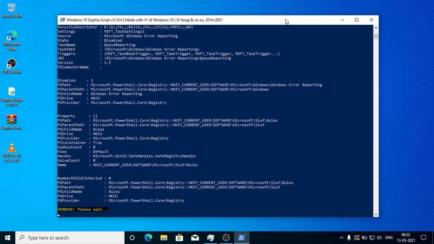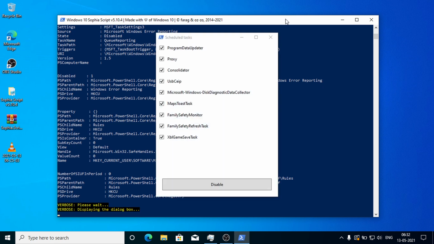As you can see, the script has started and it is running. Here I have to choose some scheduled tasks to stop, which I want to run and which I don't want to run. Just uncheck everything from here. I don't need any of these scheduled tasks to run. Oh, sorry, don't uncheck. Check everything here.